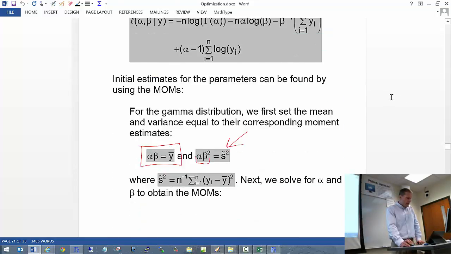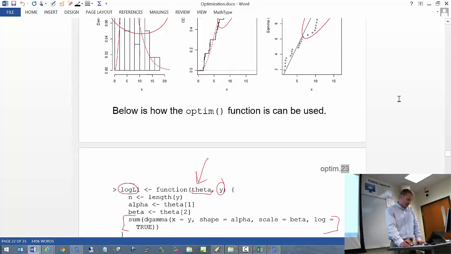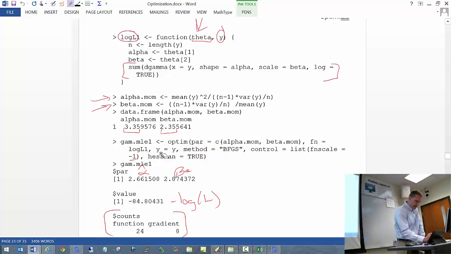And if you remember, what we did was we simulated 30 observations from a gamma. We wrote a function that calculated the log likelihood function, where the very last component was the log likelihood function, taking advantage of how the dgamma function works in terms of the log argument in it. And then we used optim. And let me just erase some stuff here to make it a little bit easier to see. So we put the results from optim into